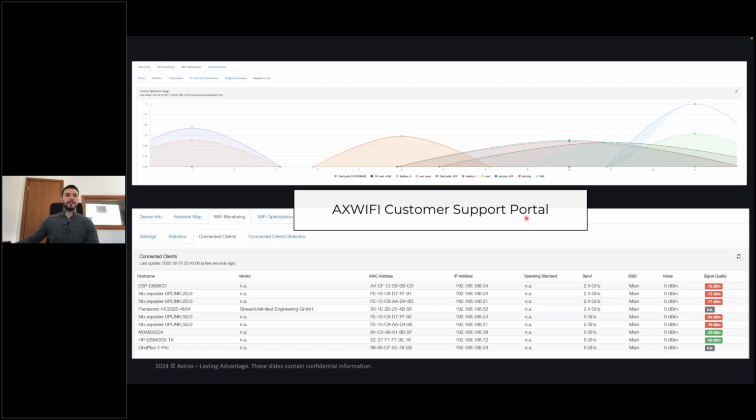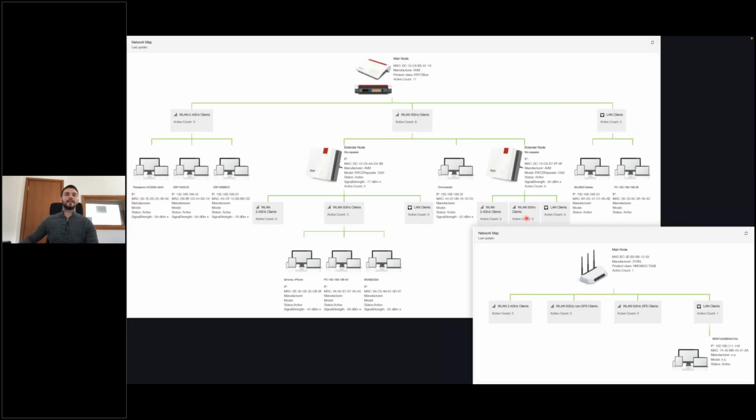On the bottom side, we can see more information about the connected clients. And talking about the connected clients, we have the network map, which then puts this list into a tree structure. So starting from the main node, we can see all those devices which are connected either on different bands or even connected locally via the LAN network.